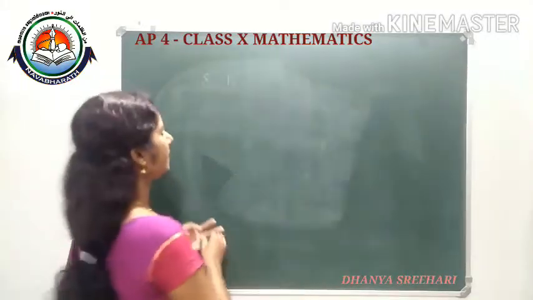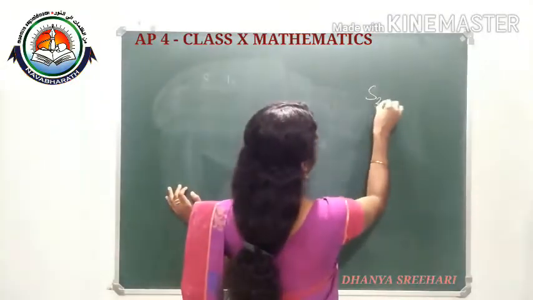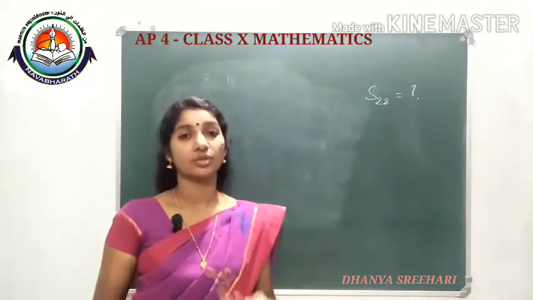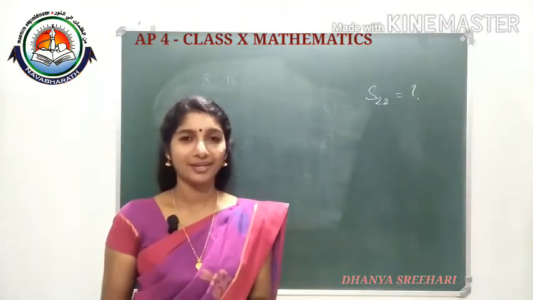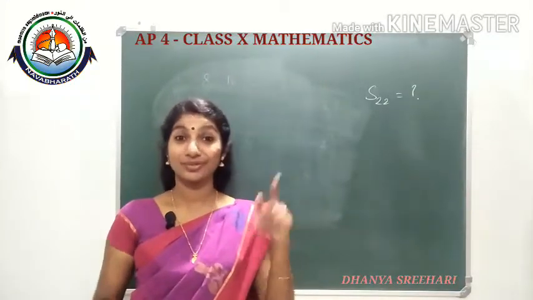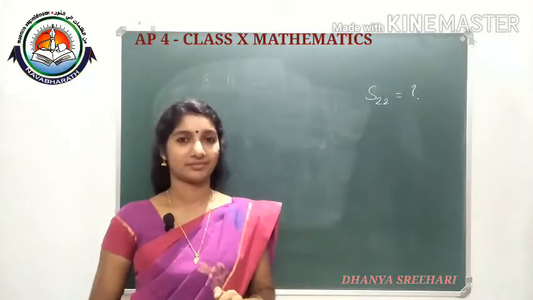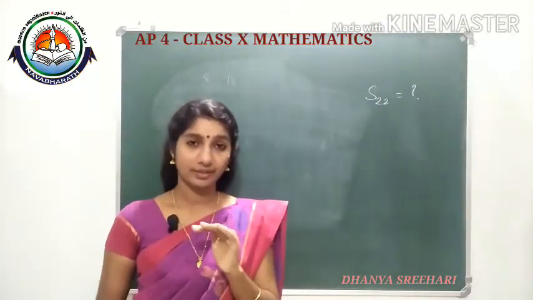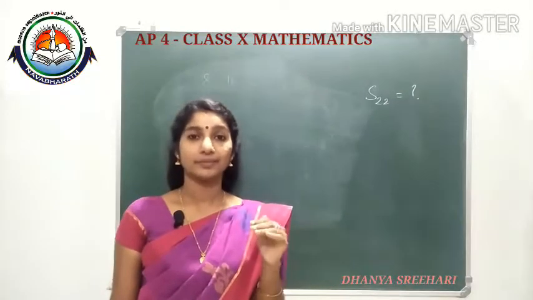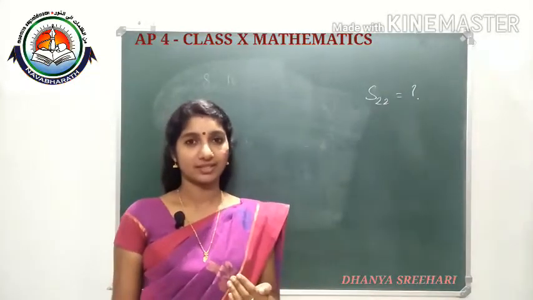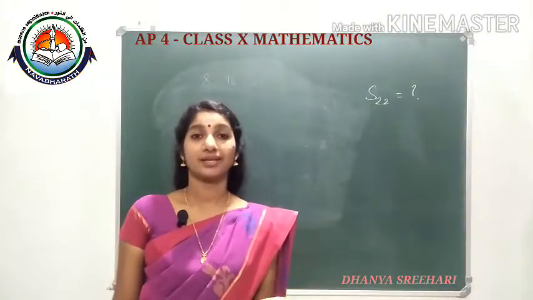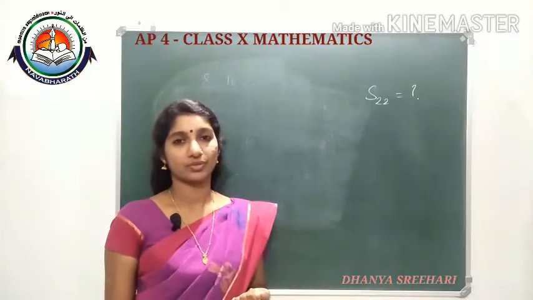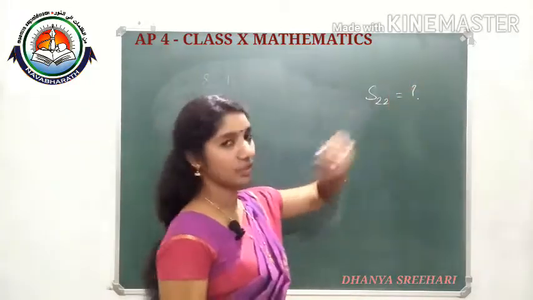Okay. We need to find the sum of first 22 terms. See, the verbal sentence will give: find the sum of first 22 terms. Automatically you need to think, S22 is equal to find. So S22 equal to dash. Whenever you are reading mathematical questions, you have to make the given information into a sentence which makes it mathematical form. Okay, then it will be easy for you to think and find the solution. So S22 is what we need to find.